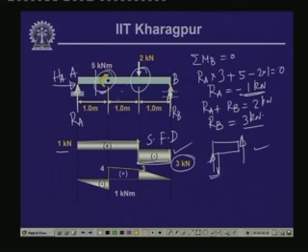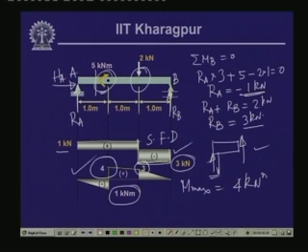Now, if we plot the bending moment diagram correspondingly, we find that at the point of concentrated moment, from 1 kilonewton meter it changes over to 4 kilonewton meter, and here the moment comes to 3 kilonewton meter and here it is 0. So, this is the variation of the bending moment diagram. Now, as we can see, the value of the maximum bending moment is equal to 4